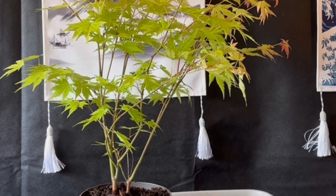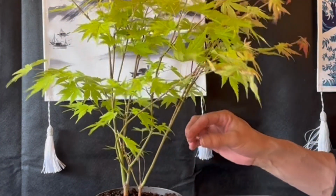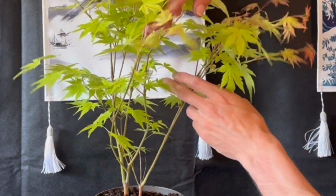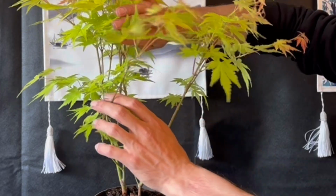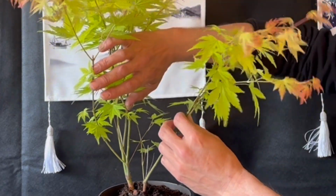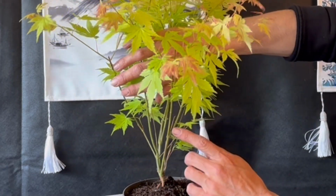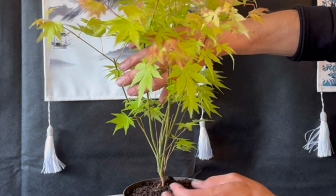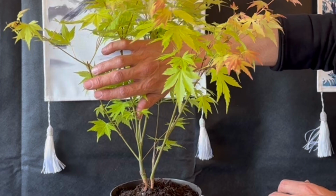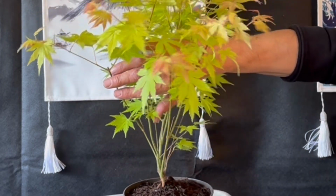All right guys, so I'm going to work my way around this one. So this little one here. I'll try and get this out of the way so you can see. So this branch splits into two. It splits into two there. Obviously we don't mind that, but we don't necessarily need that right now. So I'm going to take one of these branches off,